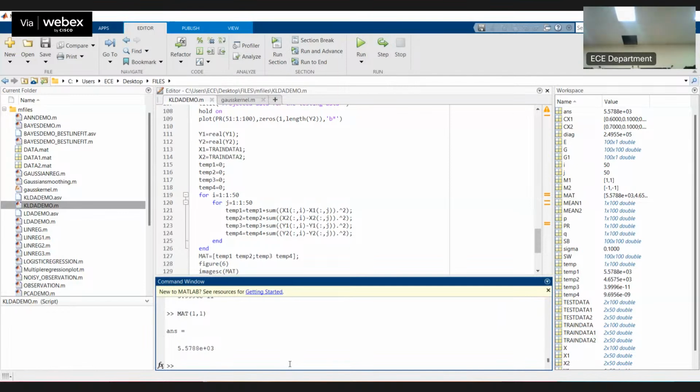So if someone is able to get the separation for the testing data by putting different values of sigma,